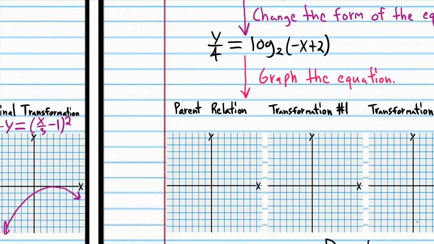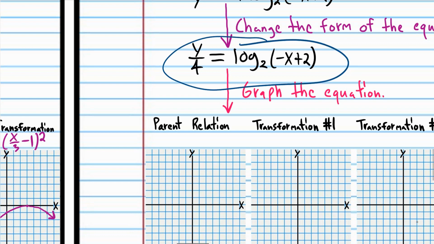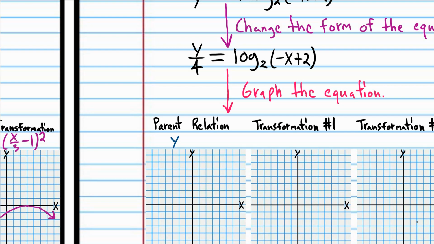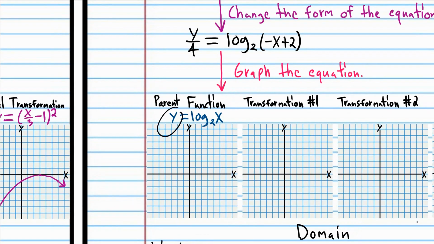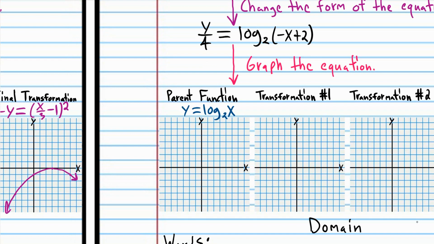And now we're going to graph this complicated equation using the transformation method. Obviously, the parent relation is the logarithmic relation, but we're not going to call it a relation because we're dealing with functions now. So it's the parent function. But we can still use y for the output. That's okay. Mathematicians are okay with substituting y for f of x. So we know that this equation has a vertical asymptote,